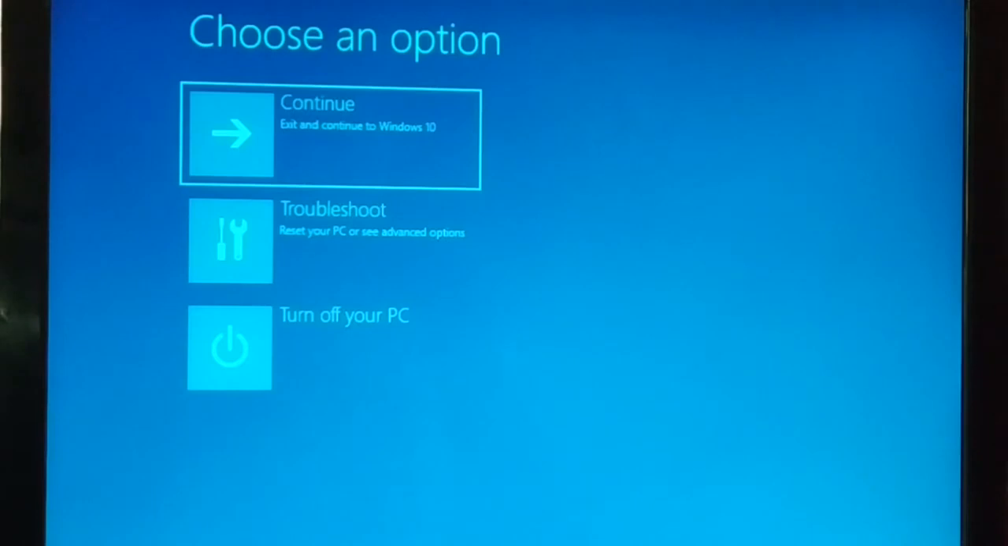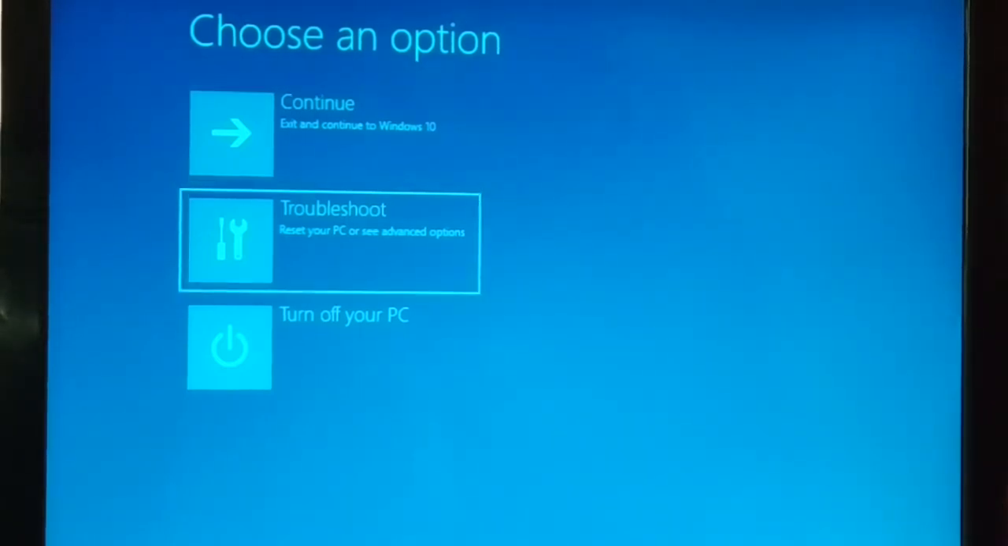Sometimes your Windows looks like this. You are not able to turn on your PC, or let's say you are getting this blue screen with all these options directly when you just try to turn on your PC. So what are you gonna do? You're just gonna choose troubleshoot,